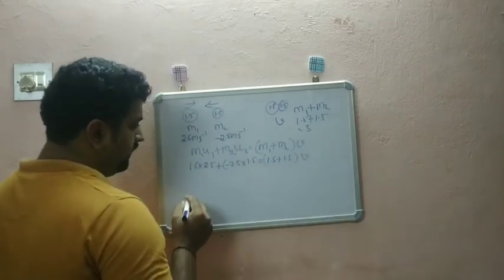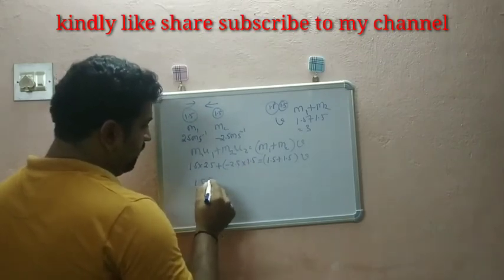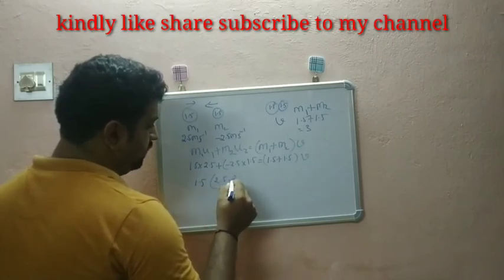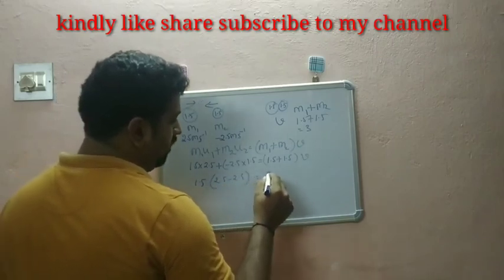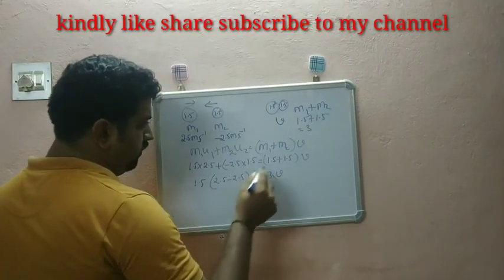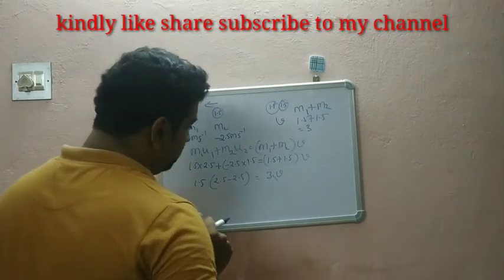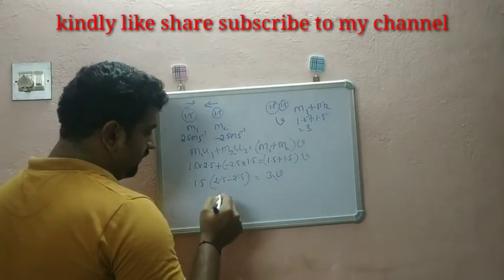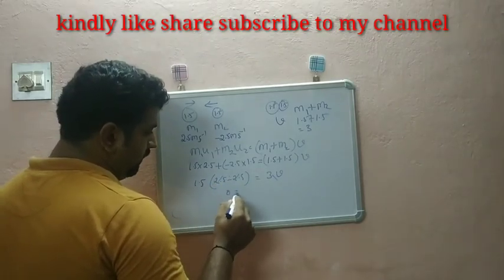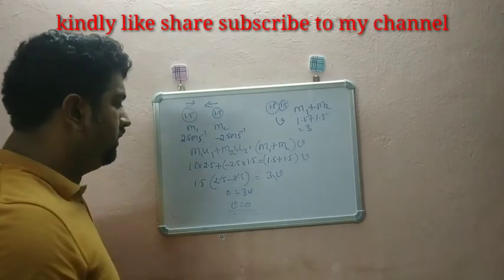Now what happens here? I'll take 1.5 common out. So 1.5 will be out. What will I get? 2.5 minus 2.5 inside the bracket. This will be 3v, as 1.5 plus 1.5 will be 3. So this is cancelled with 0. So here this will be 0 is equal to 3v. So v will also be 0. The final velocity will be 0 for